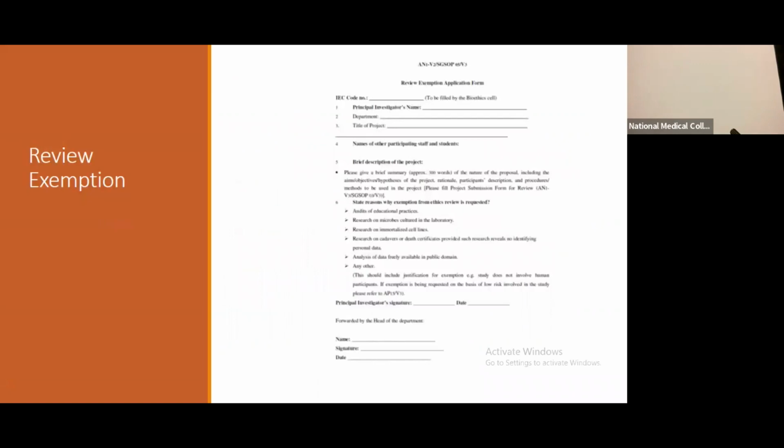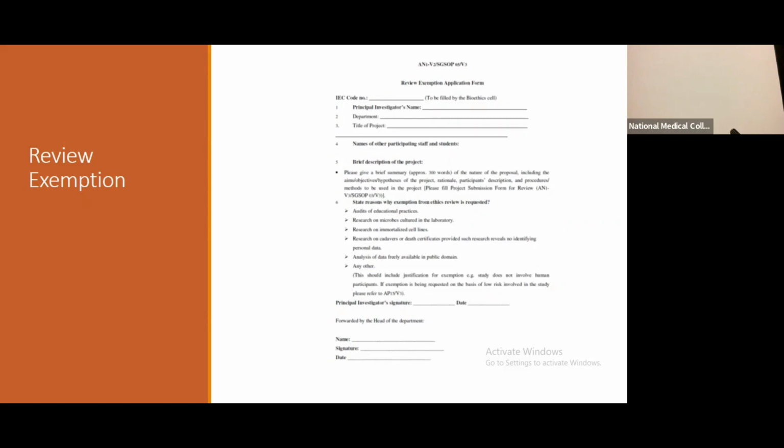And then there is a term called review exemption. That means you don't need a review by the ethics committee. But even for that, you have to fill up this form. This is a review exemption form, which basically says that you are looking at audit of the educational process. Like we might be seeing that teaching 100 people together in a room, or teaching only 20 people in small groups, gives us a better output. For that kind of a study we don't need ethics approval, but we need to inform the ethics